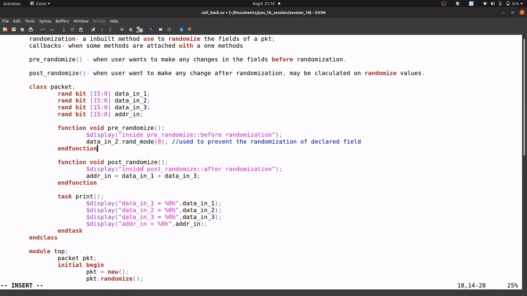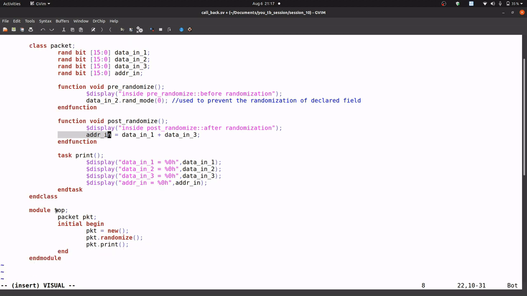After randomization, that is in post-randomize, we write that address_in is equal to the sum of data_in_1 and data_in_3. The values of data_in_1 and data_in_3 are received after randomization, and in the post-randomization phase it updates this value to address_in. Inside module top we create the handle pkt of class packet, allocate the object, then pkt.randomize and pkt.print.